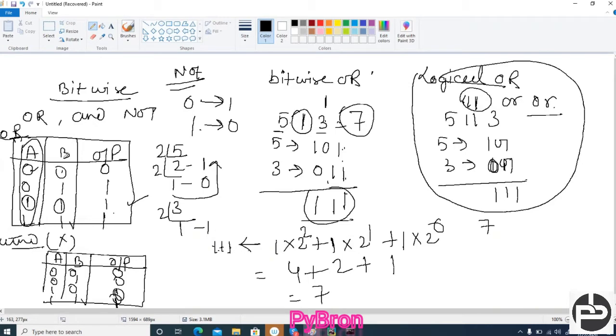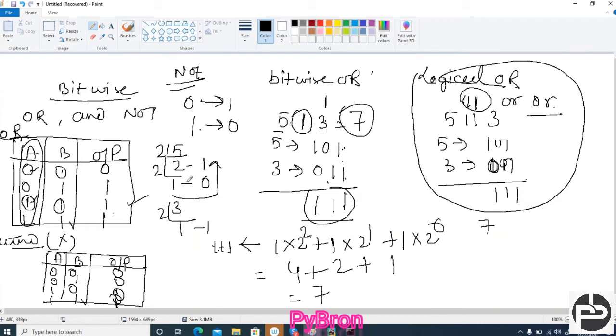So in the case of logical OR, the compiler applies some logic, checking if the first input is 1 or 0. If the first input is high, then it will not check the second condition.